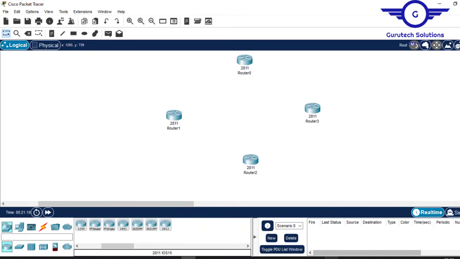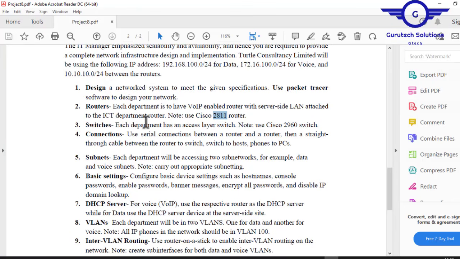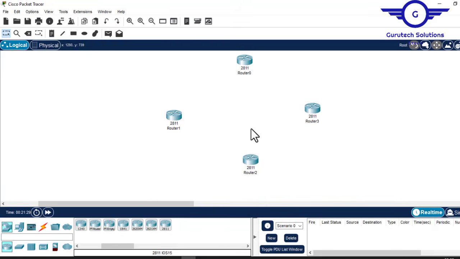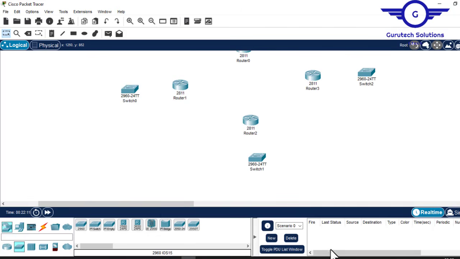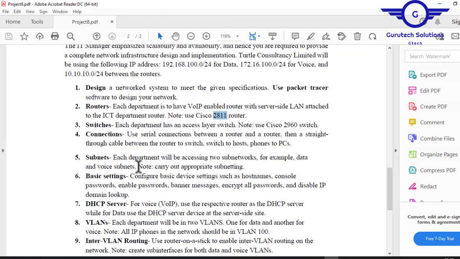Okay, so I'll go back to the case study. Switches. Each department is to have an access layer switch. Okay, alright. So we're going to use 2960 switch. And then we were told that